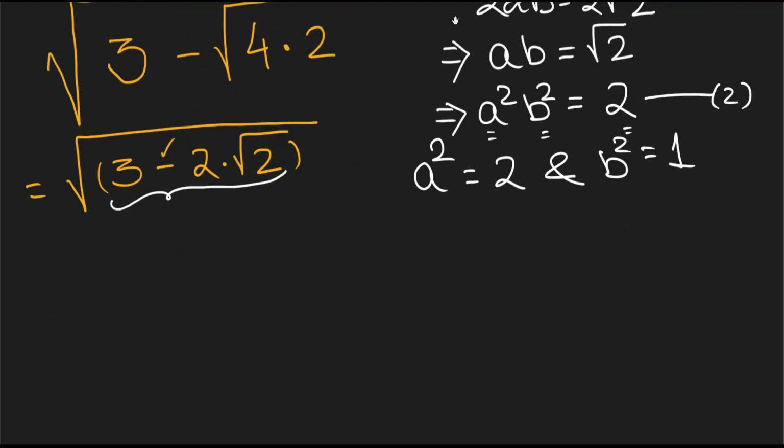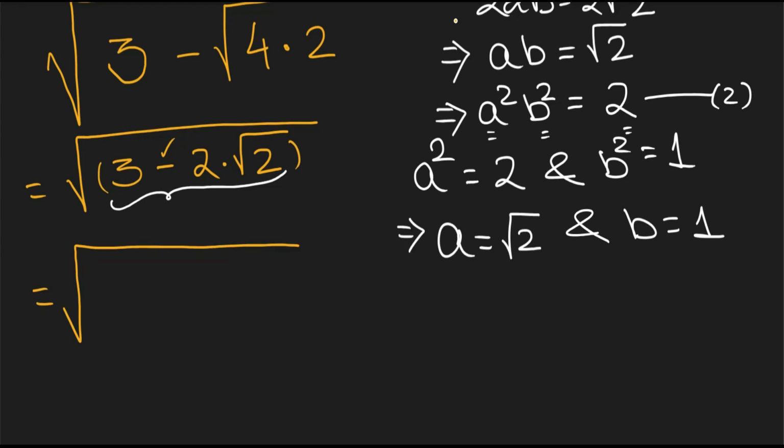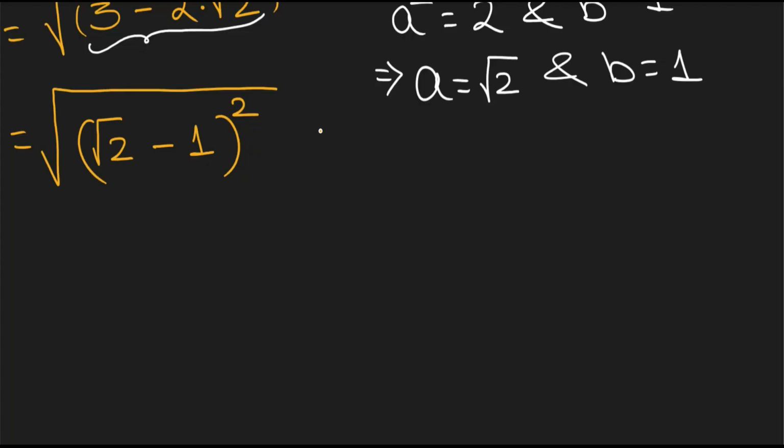If a square is equal to 2, then a is equal to square root of 2 and b is equal to square root of 1, that is 1. This number we can write as (a minus b) whole square, that is, (square root of 2 minus 1) whole square. Now this square and square root will cancel out and the answer is the absolute value of root 2 minus